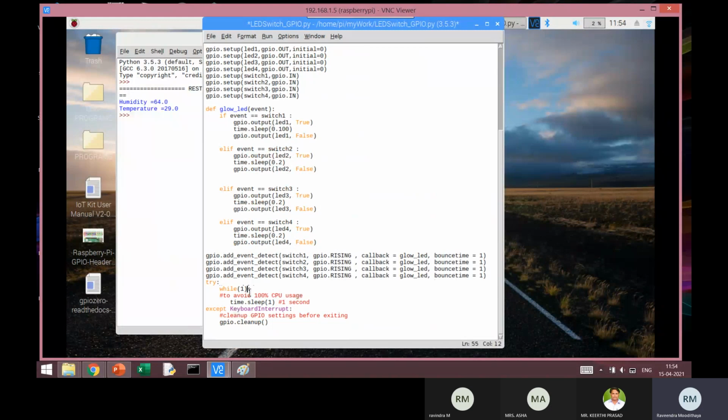You can put any non-zero value here, even 123 or 1123, and the effect is the same. Anything other than 0 is considered as true, but for readability, let's write it as True only.